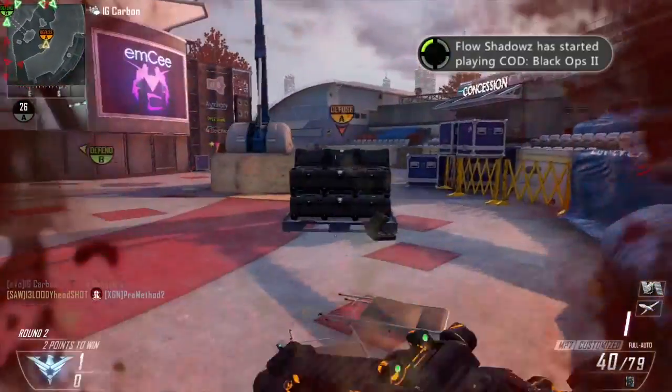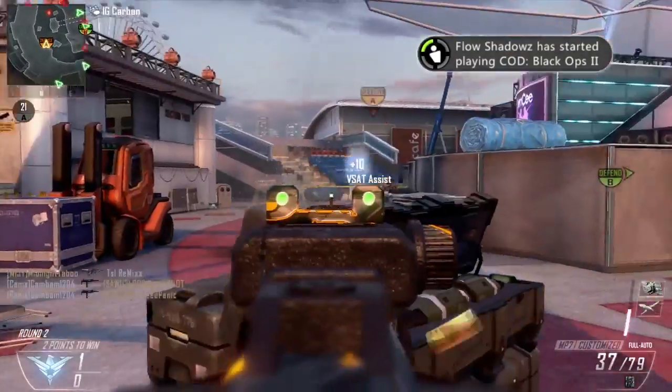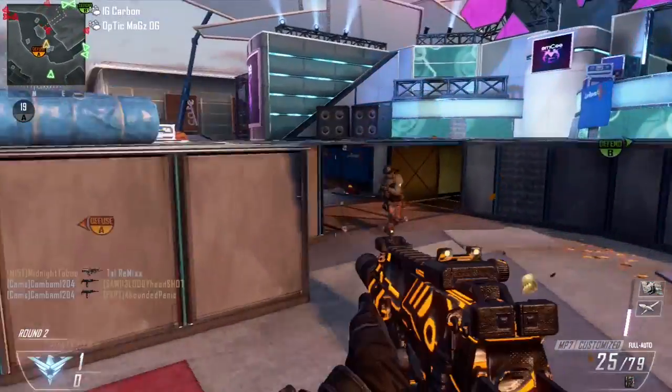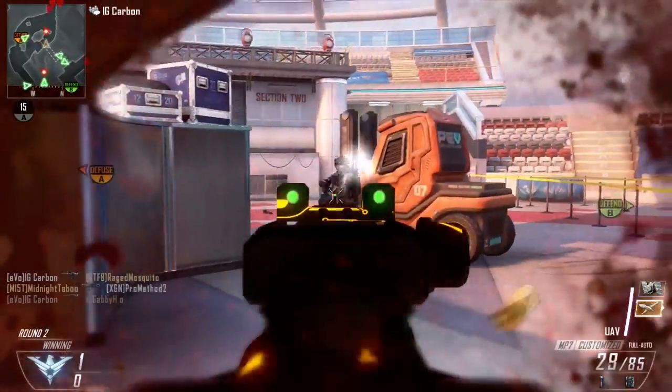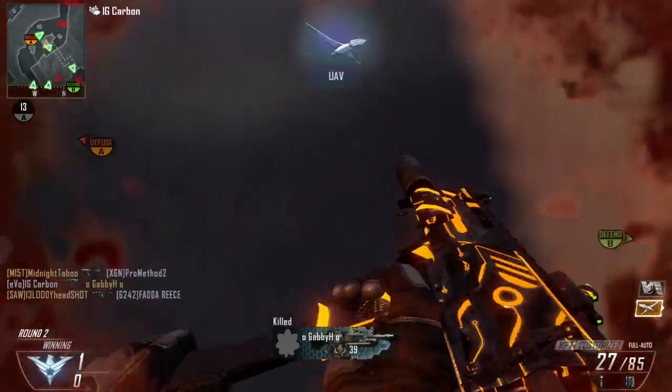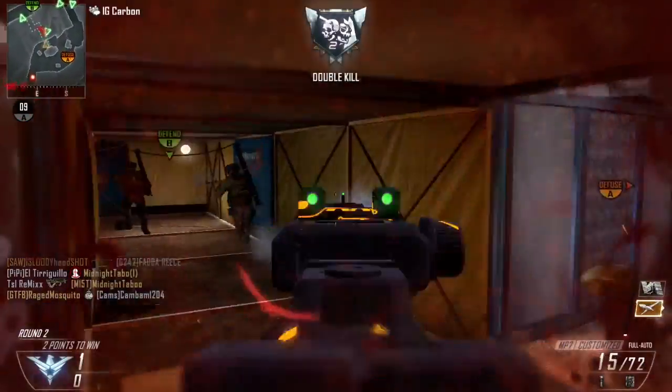Second tip, use non-lethal score streaks like the UAV, counter UAV, and VSAT. I'm only using the UAV and the VSAT only because I was trying to switch out for the counter UAV. I'm sure it's happened to you guys a couple times when you try to switch out score streaks right before the match starts, and then it doesn't let you because obviously the match started. So that was my bad, but I still got